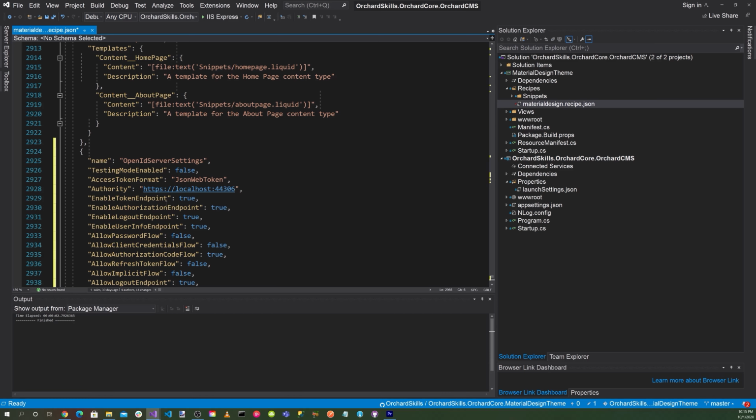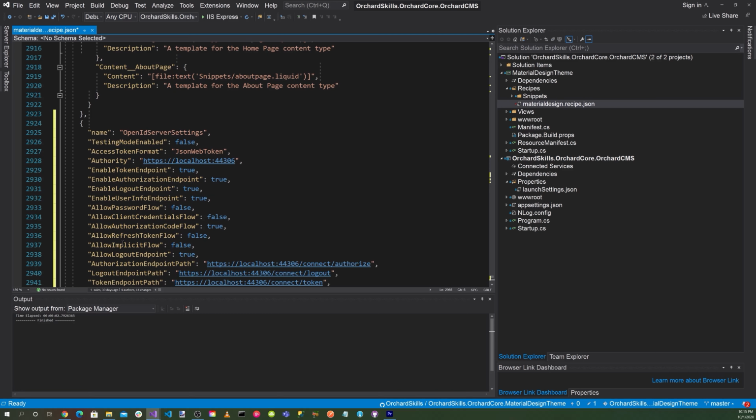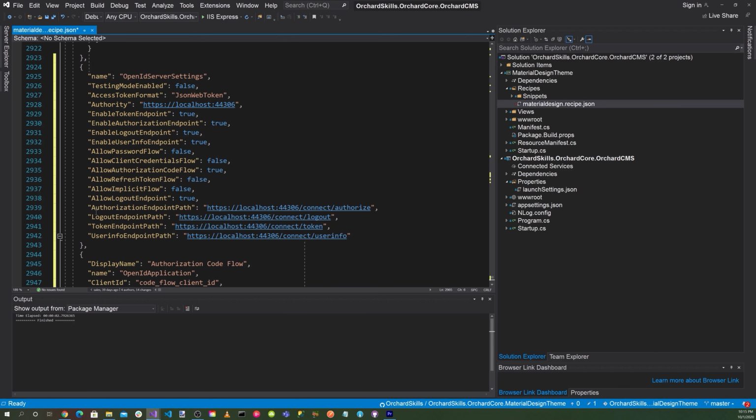Enable token endpoint true, enable authorization endpoint true, enable logout endpoint true, enable user info endpoint true, allow password flow false, allow client credential flow false, allow authorization code flow true, allow refresh token flow false, allow implicit flow false, allow logout endpoint true, and then we'll specify our authorization endpoint path to be our